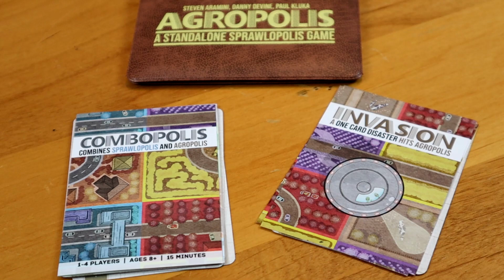And you also get Invasion, which is a 1-card disaster hits Agropolis, and Combopolis combines Sprawlopolis and Agropolis. So there are some really cool things if you've got both of them that Agropolis offers. This is a cooperative adventure and it's really fun. So I'm going to zoom in a little bit on some of the cards and show you what this game